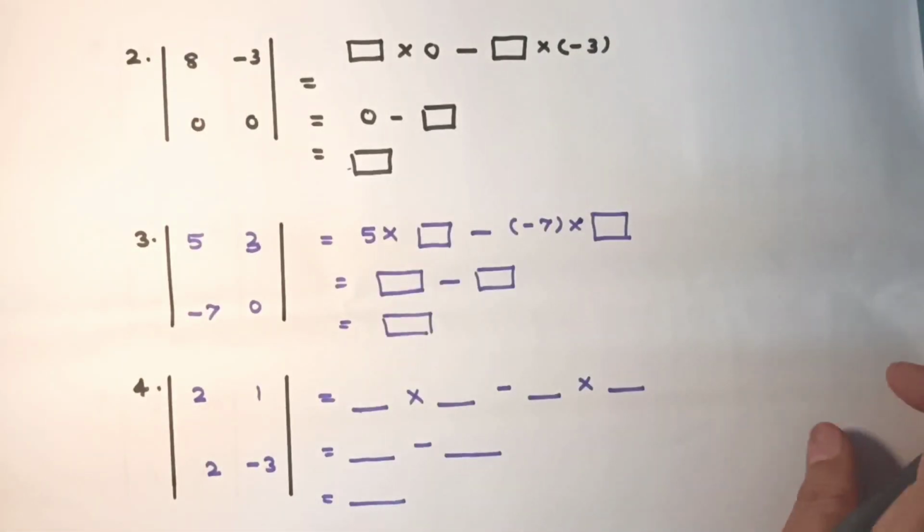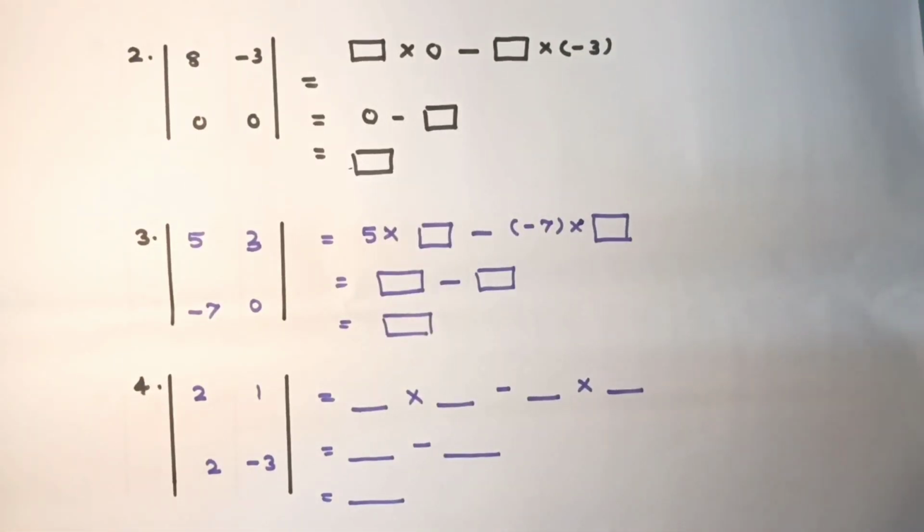My dear students, here you saw that value of determinant is 7, which is positive. The value can be positive, it can be negative, it can be 0. So positive, negative and 0. It may be an integer, it may be a fraction, don't worry about that. Let's go for second question, second example.